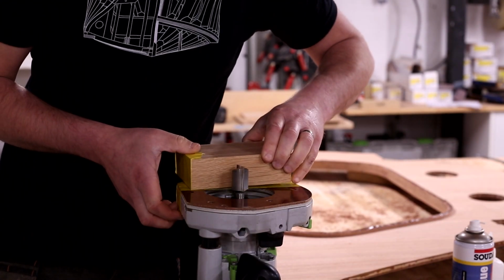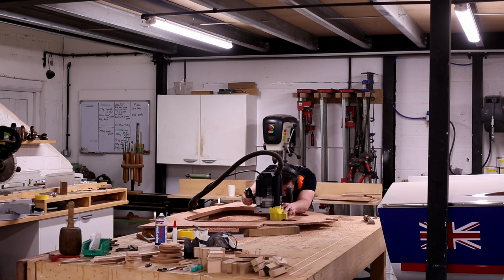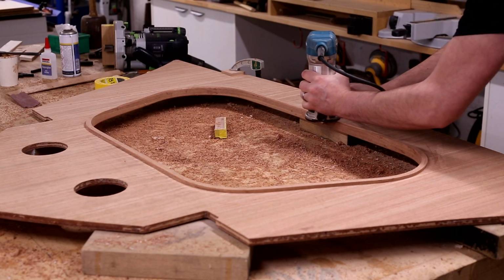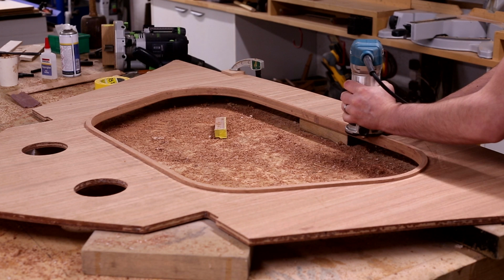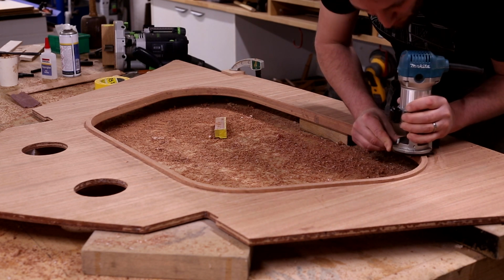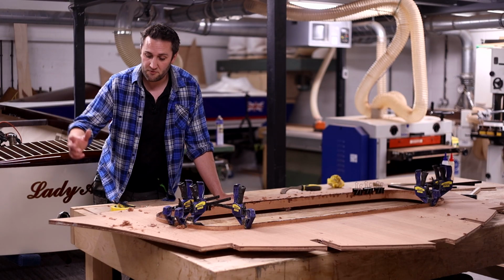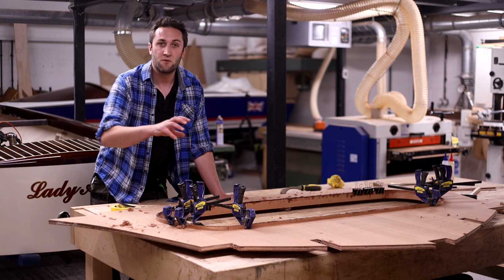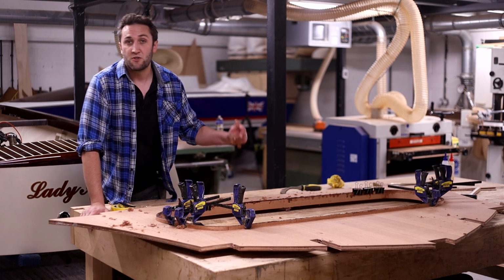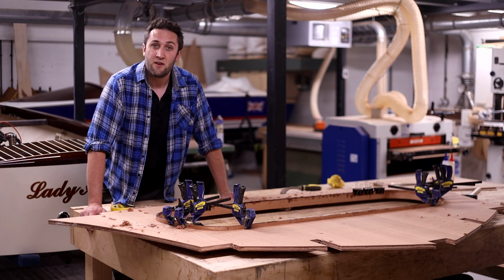So what I'm going to do with this next is use an offset base on the router, cut down the top face of this so it's even all the way around the bulkhead, and then use a round over bit to soften all the edges to this aperture. I'll do that on both sides exactly the same way as I did with frame 2, and then we'll have a matching pair. So there's obviously a little bit of work left to do with the frames. This has got to be paired up to the actual frame itself, which is upstairs already built, and then we've got some 3D beveling to do, but that is probably as much as I will cover now in this series